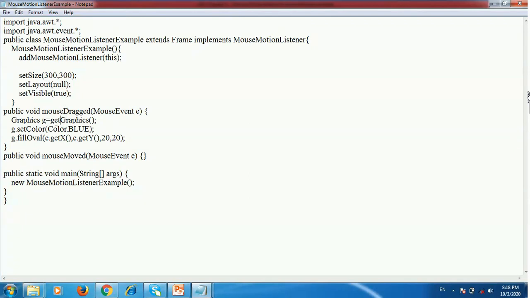In that, Graphics g = getGraphics(); g.setColor(Color.BLUE) and g.fillOval with e.getX() and e.getY() coordinates, 20, 20.